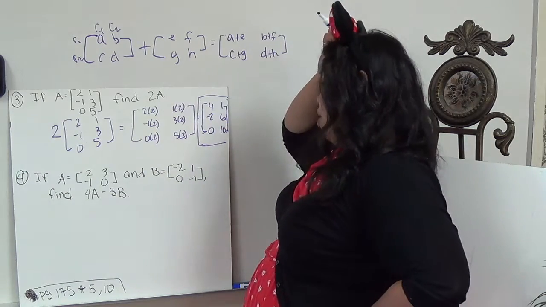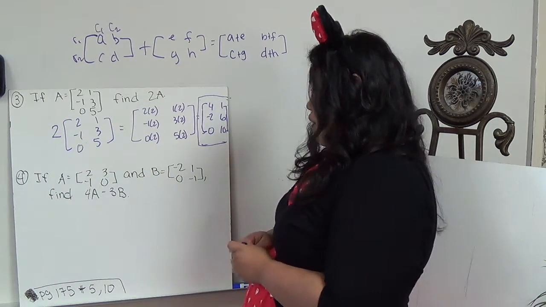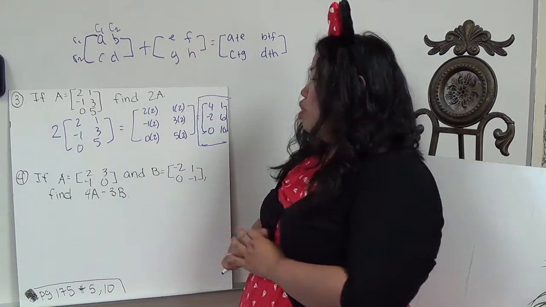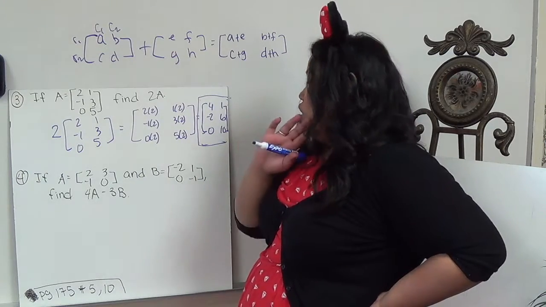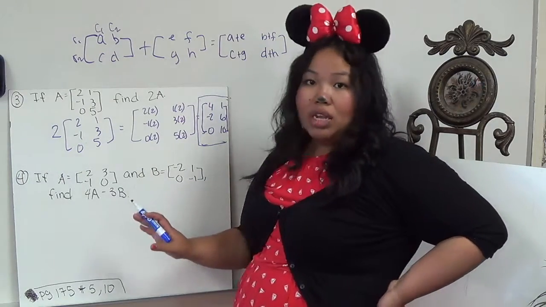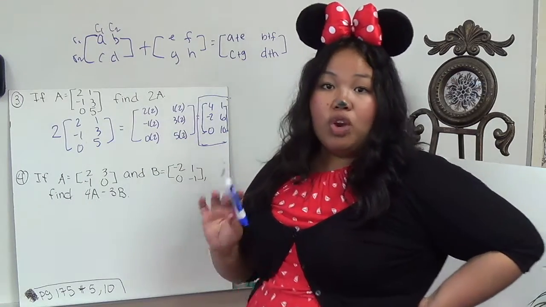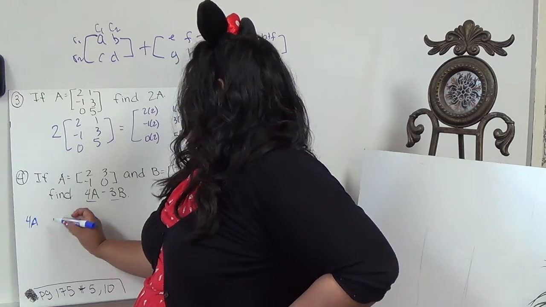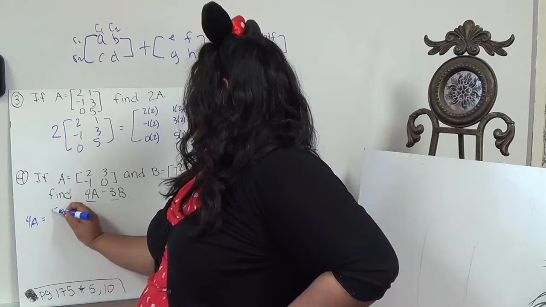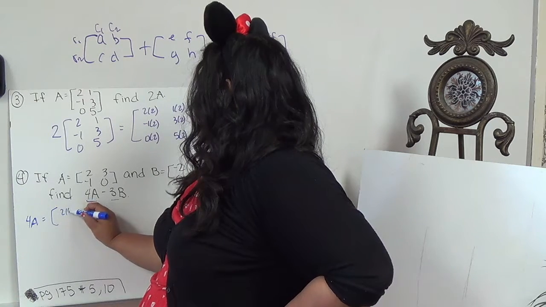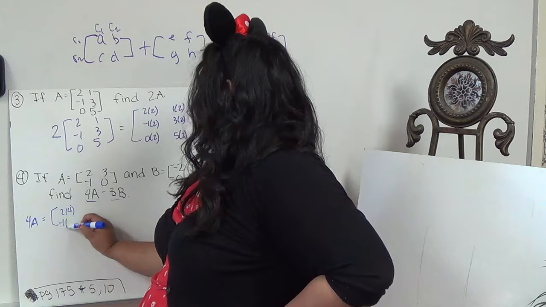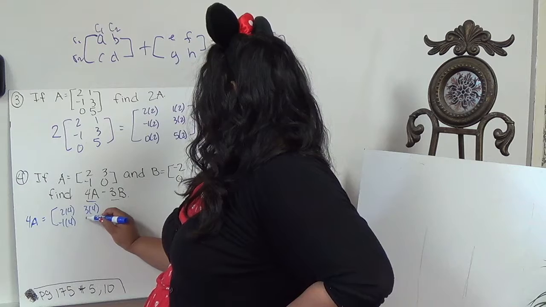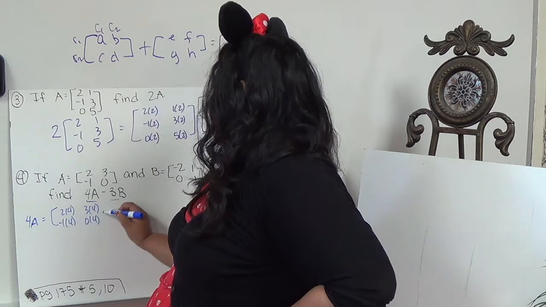Okay? All right. Next, they're asking us to do a combination. So they want us to multiply each of these and then subtract them from each other. So before I subtract, just like order of operations, multiplication comes first. Before I subtract, I'm going to focus on this and this. So I'm going to first do 4A, which is 2 times 4, negative 1 times 4, 3 times 4, and 0 times 4, which gives me